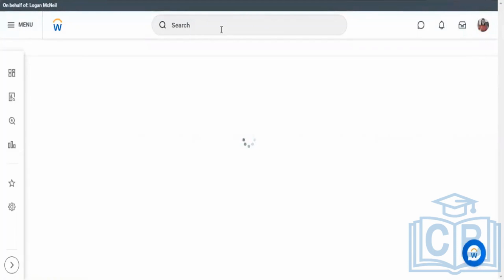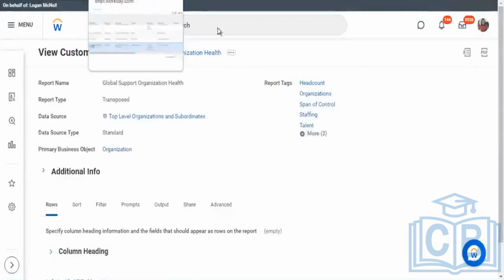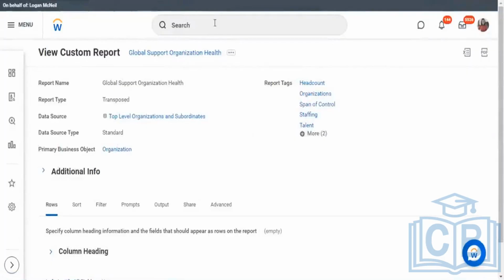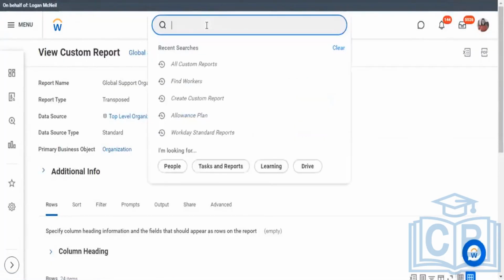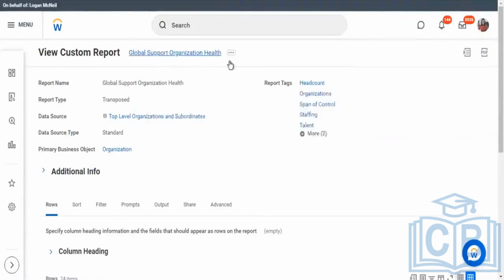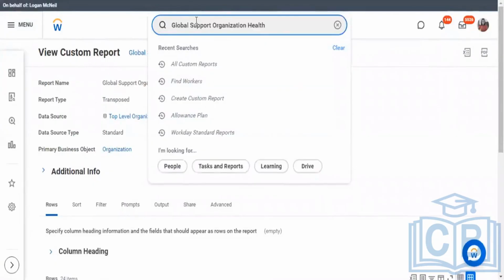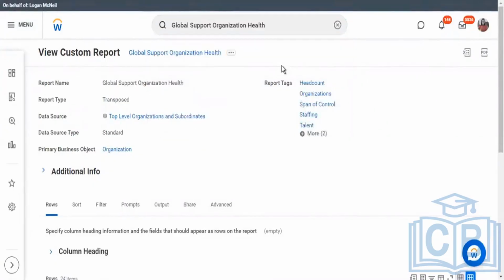It is Global Support Health Organization. Now this is how a transposed report looks. In a traditional advanced report, we see